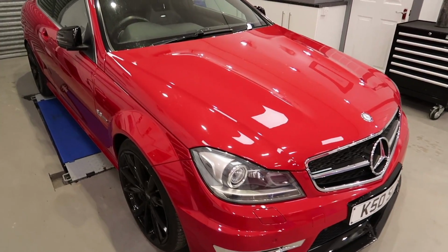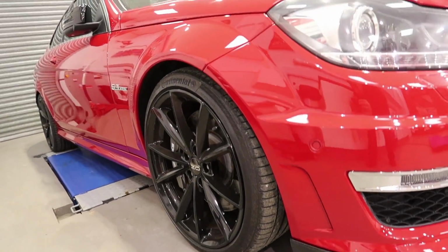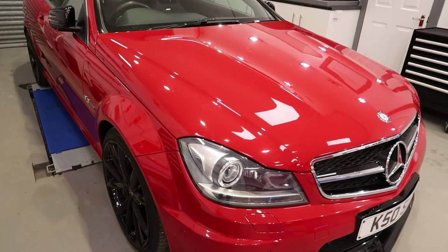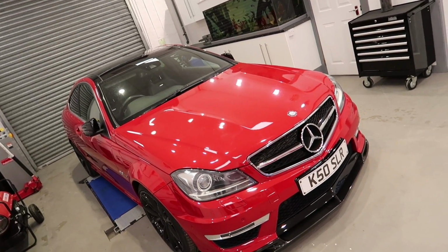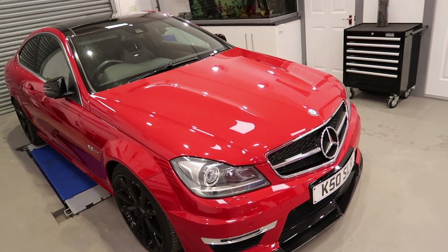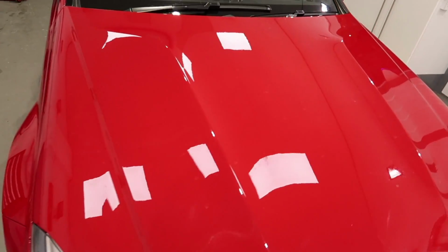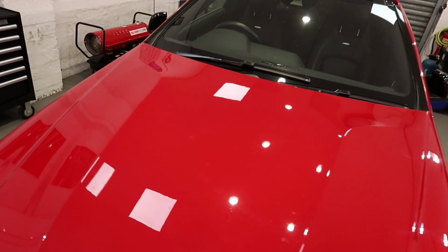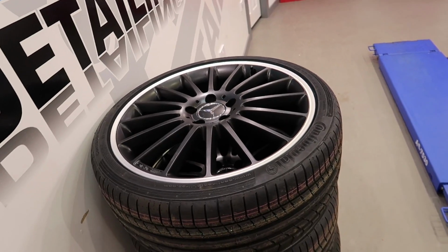This is a super spec C63. The customer came and saw us as this is their weekend toy. They're wanting a good basis. To be fair, they wanted everything carried out, all swirls removed, but our diary doesn't suit it right now. But they want to qualify for a valet so that we can look after the toy whilst they enjoy it at the weekend. So, it's a protection detail, interior, engine bay, plus they have the stock wheels as well,